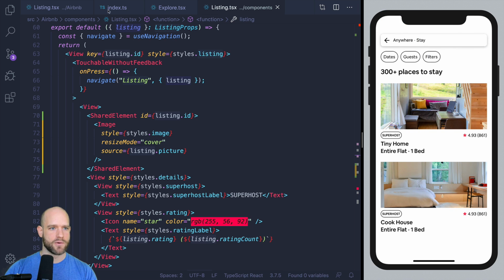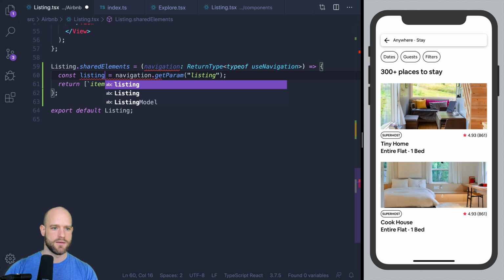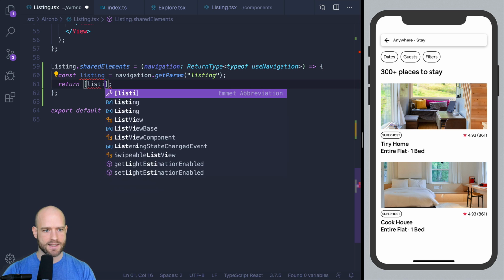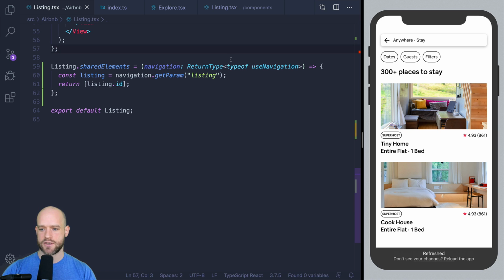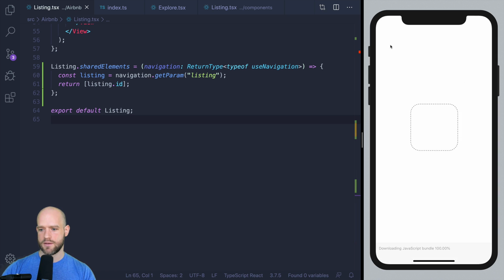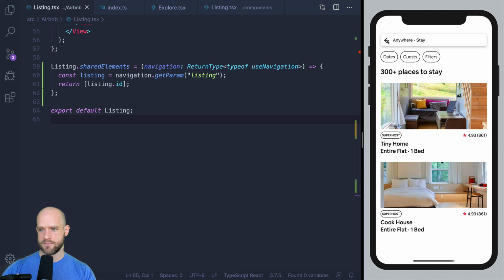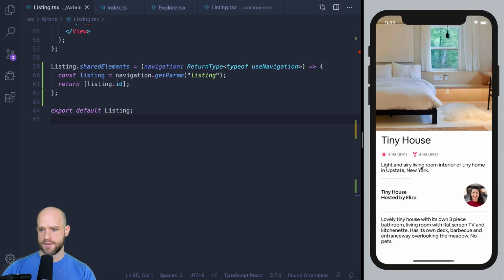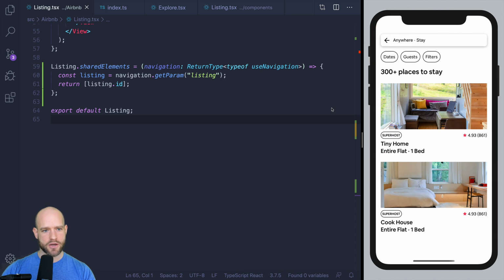So if I go back here, we get the listing and we return the listing ID as the element we need to transition on. Let's have a look. So here it seems to nicely transition from one to the other.